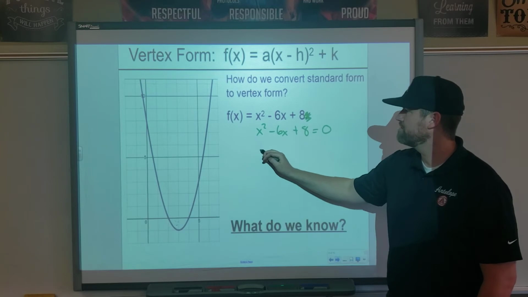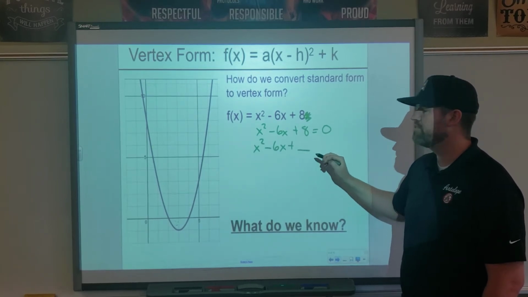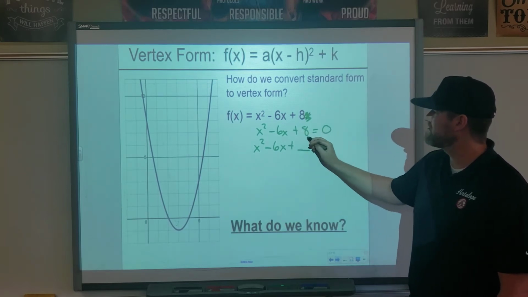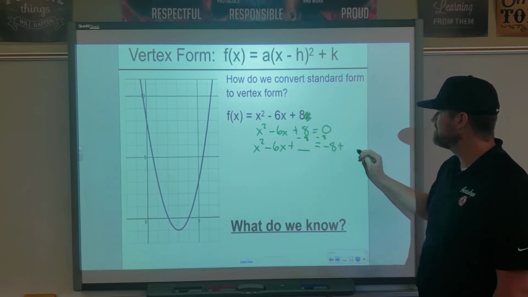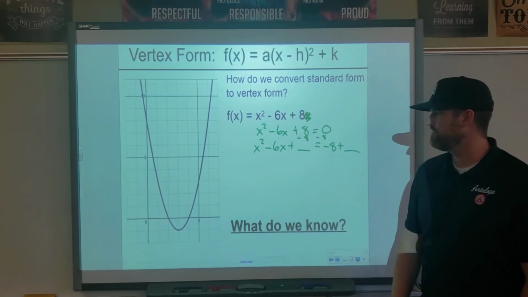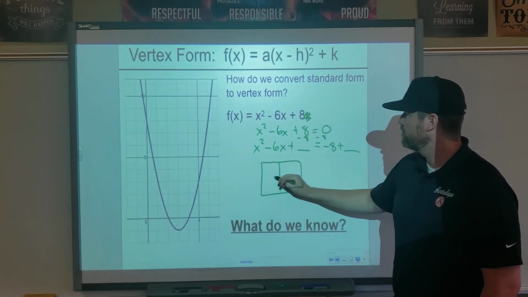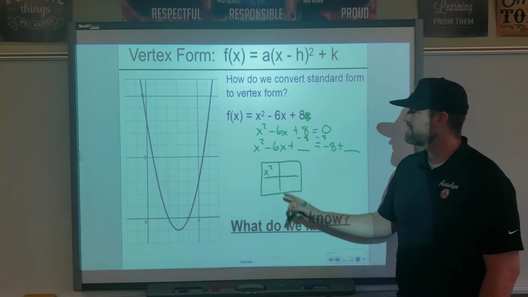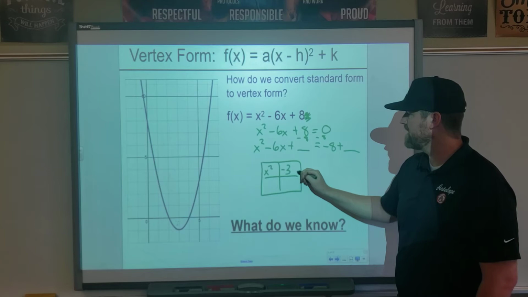When we completed the square, the first thing we did was we moved the c to the other side. So we have x squared minus 6x plus the new c value equals, if we move this over, we have to subtract 8, right? So that gives me negative 8 plus whatever new c value we find. And then we went to the box. We put our first term in our first box. And then we knew to get a perfect square, we had to cut the negative 6 in half. So negative 3x,